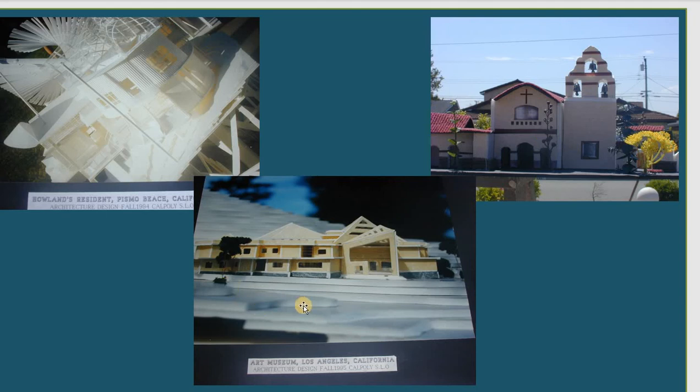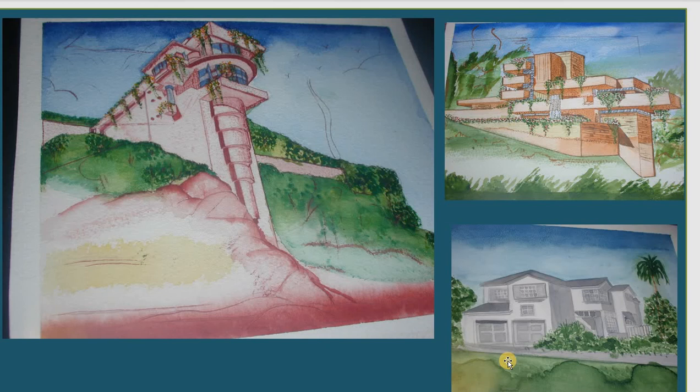Mission. This is another project, from the Arts Museum in LA. This is the house on the beach, and you look at that, the structure is very high. The level from the beach, and this is the house. This is some of the coloring I did in university. I took one course in watercolor, and this is watercolor. This is the house. This one, you know this house, I guess. This is from Frank Lloyd Wright, the Water House, and this is another project from him.